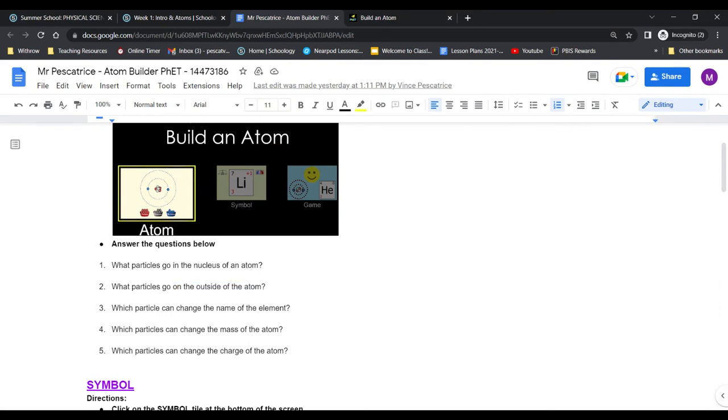So what particles go in the nucleus of the atom? You would say protons and neutrons. Particles that go on the outside, you would say electrons, like that. And this is how you go through and fill in your answers. Next,